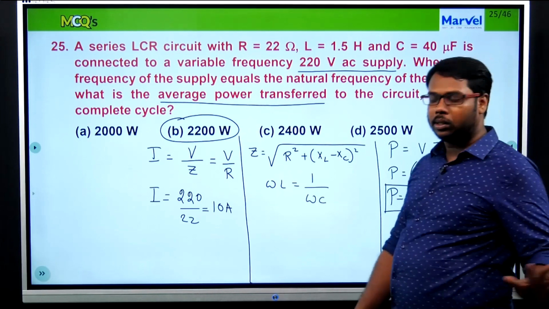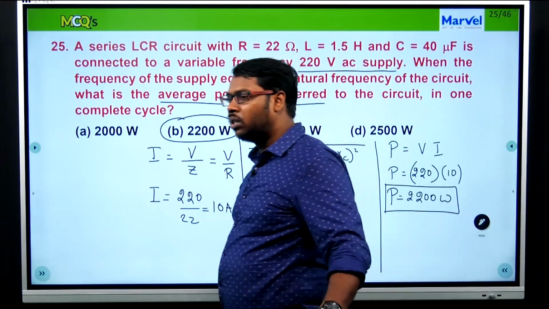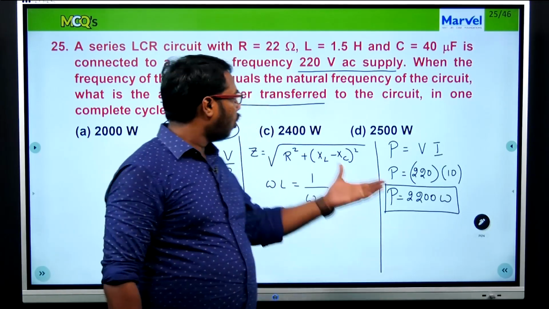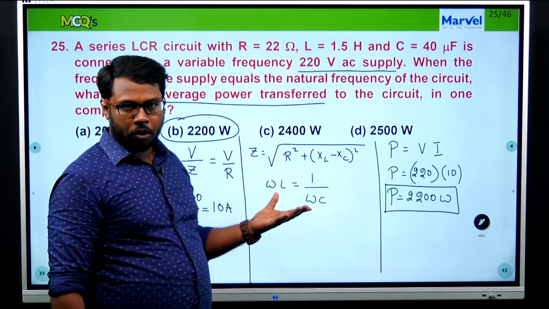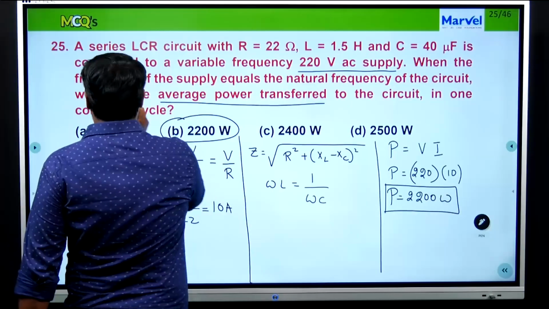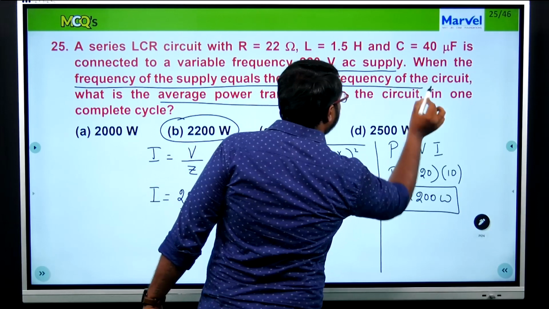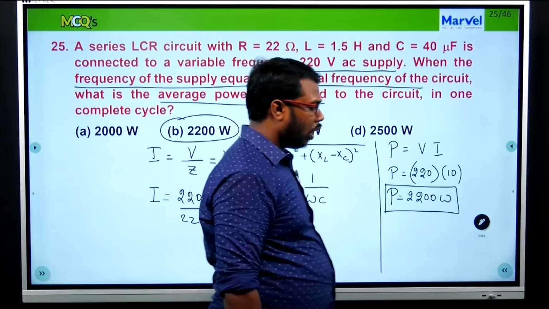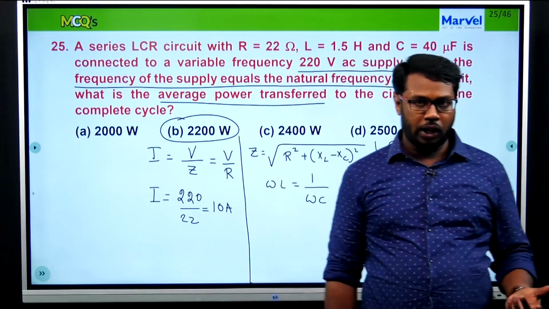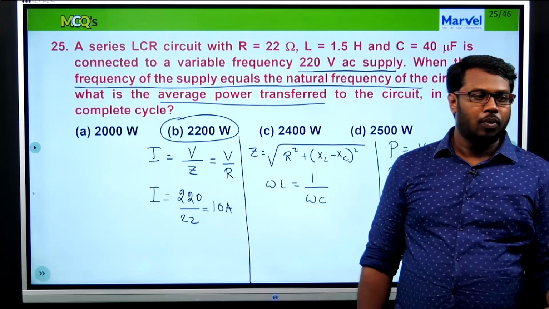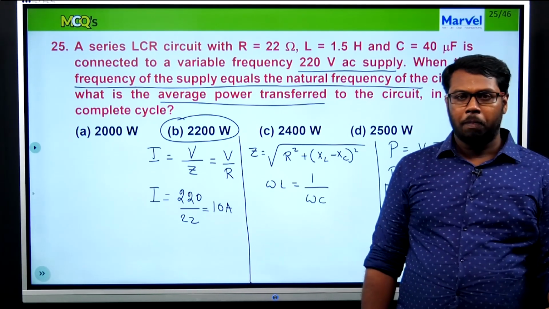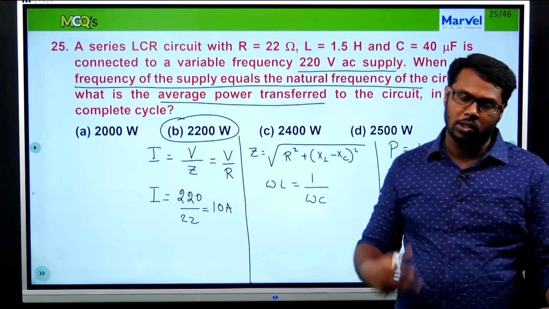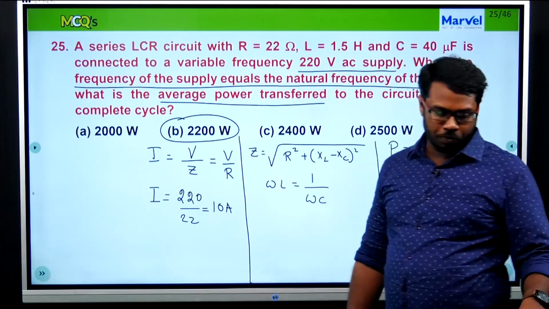See, easy it is. Initially, by seeing the question, it might look complicated, but if you break down this question one by one, you get to know that it's the simplest of cases. The statement that you should consider is this: the external frequency is equal to the frequency of the circuit, and you should understand that it is a resonating case. In the resonating case, the impedance is equal to the resistance of the entire circuit. That is how we reduce this.